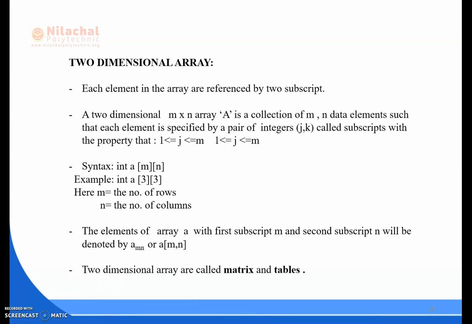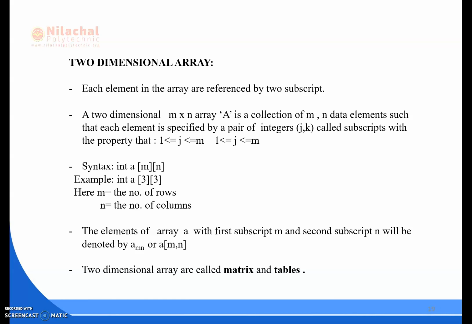In a two-dimensional array, each element in the array is referred to by two subscripts. Basically, the two dimensions used here are m and n. Here m refers to the number of rows and n refers to the number of columns.